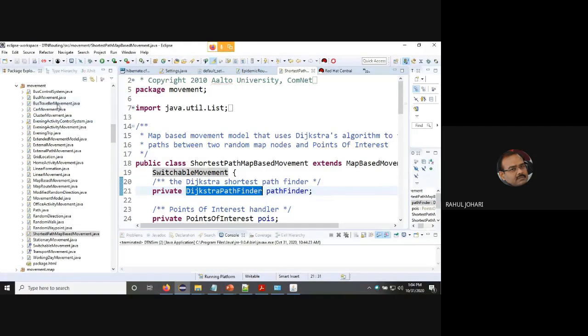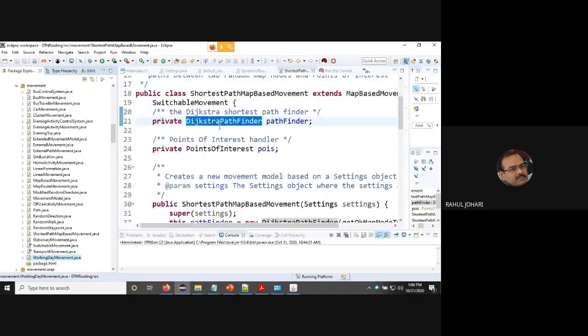The movement of the nodes can be like a bus travel movement. It could be an evening trip, where the person is just strolling in a park, or the random walk. If the person is just moving around in a mall, when we enter the big malls, we do not have a defined track. We just roam around, we just do the window shopping. So there is the random walk, or the transport movement, or a working day movement model. So many movement models are defined, and the code is already there.